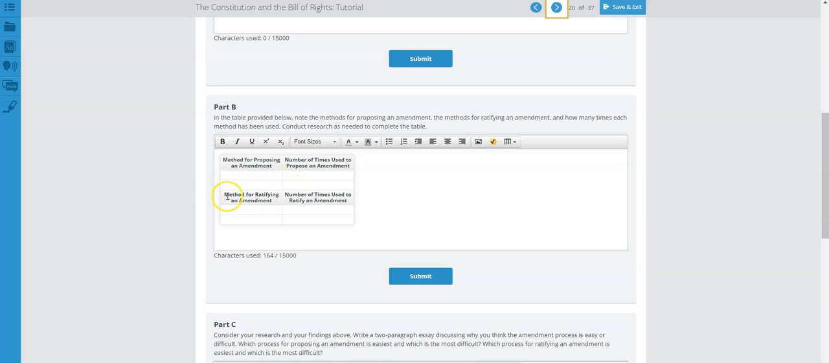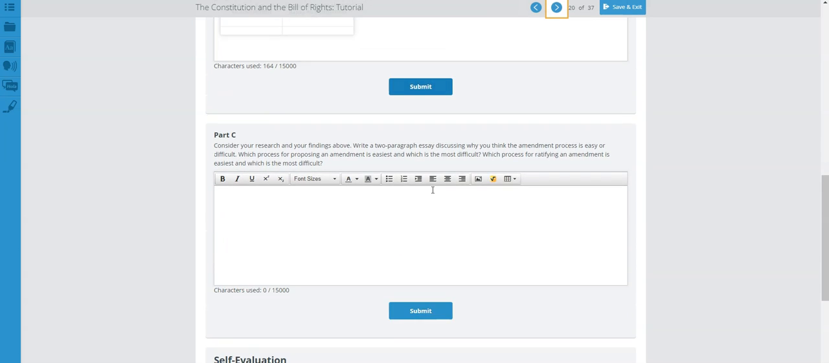And what are the methods for ratifying that amendment? What needs to happen in the Senate? What needs to happen with each state? And then the number of times used to propose an amendment based on the method that you mentioned, and the number of times used to ratify an amendment also here. So make sure that you fill this out. You need to be thorough on your information. Do not just write one word or two words. Make sure that you are able to explain in a couple of sentences all of the information that is